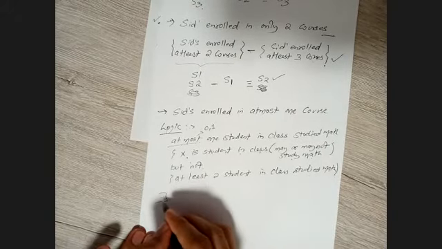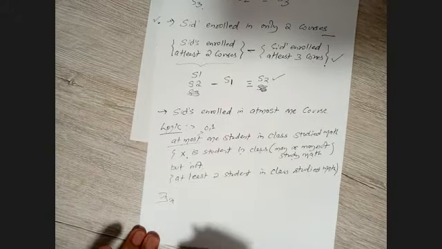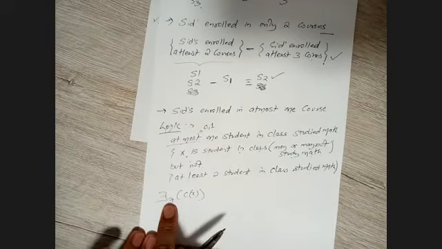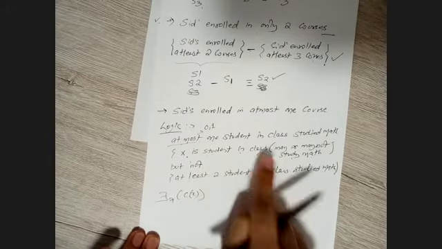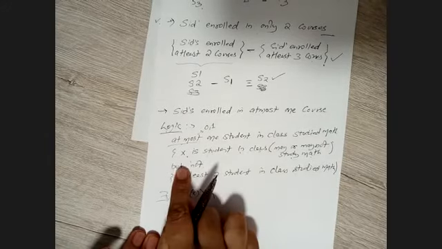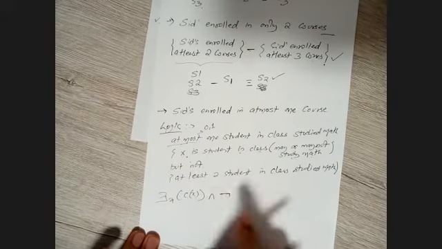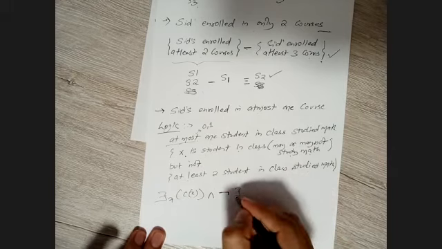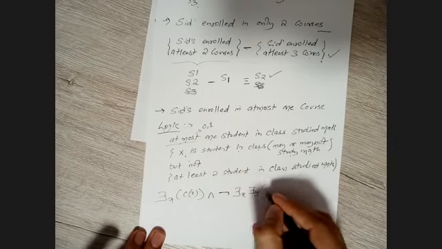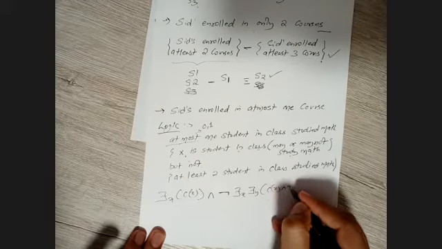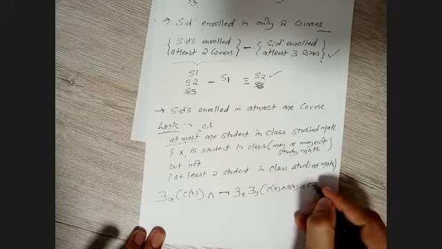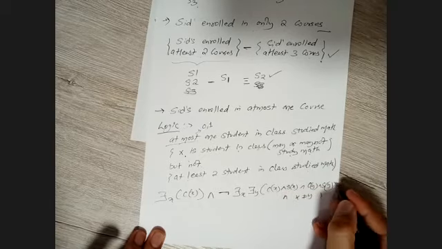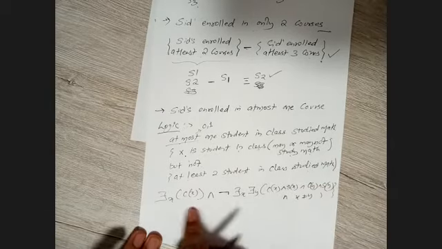So what should be the logic here? There exists X, which is a student. That's it, yes or no? So X is a student in a class. That is this one. Now, and not, the symbol and not, at least two students in a class studying math. This we have already seen so far. There exist X and Y such that C of X and S of X and C of Y and S of Y and X not equal to Y. This is the logic here.